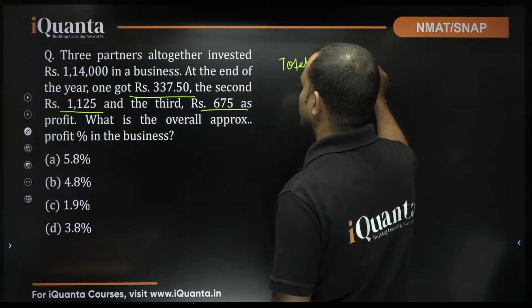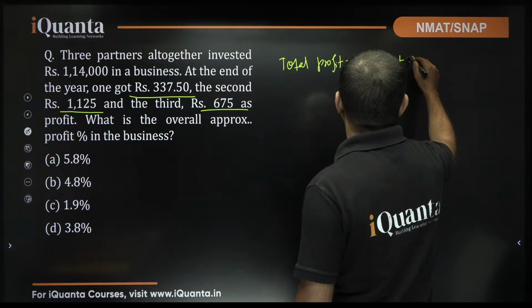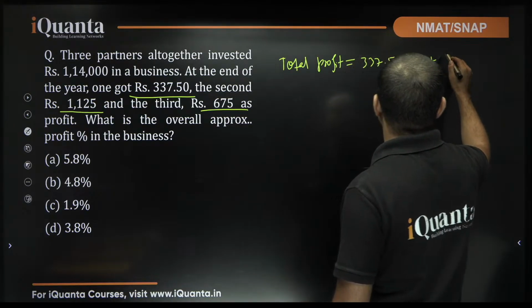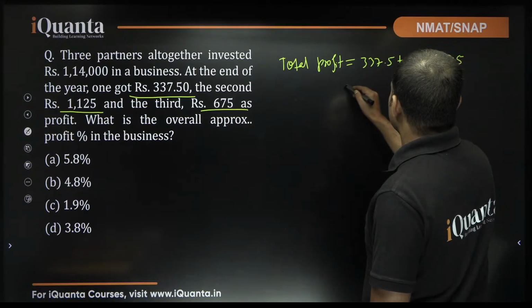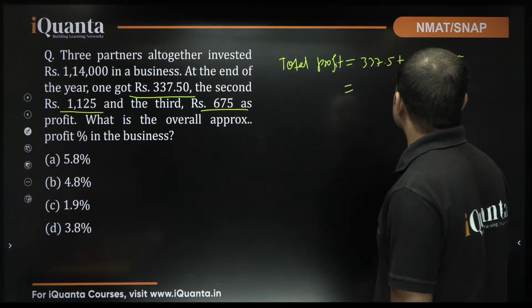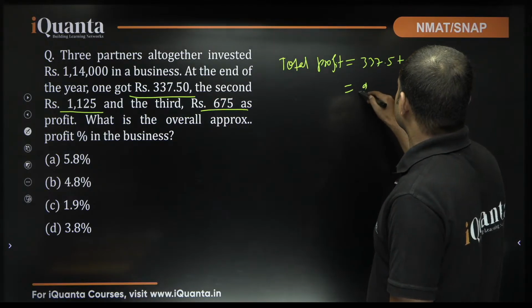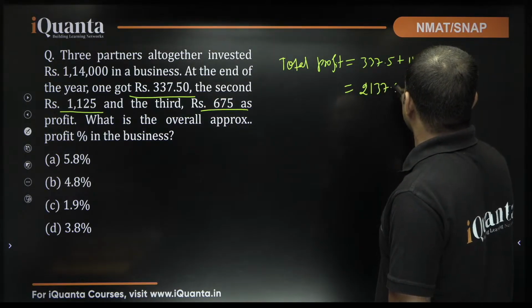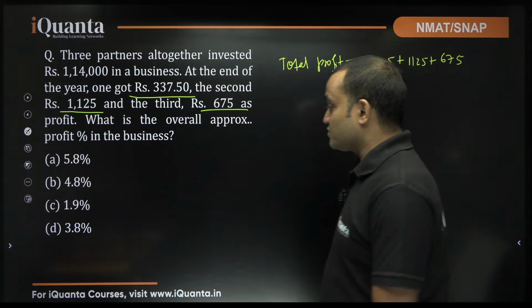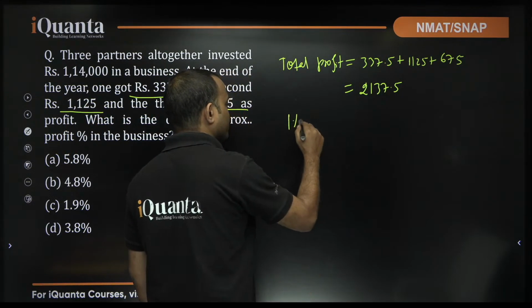Total profit will be equal to 337.5 plus 1125 plus 675. 675 plus 25, 700 plus 1100, 1800, 1800 plus 300 is 2100. So, it's 2137.5. Now, as you can see that values are very small, you can understand that 1% of